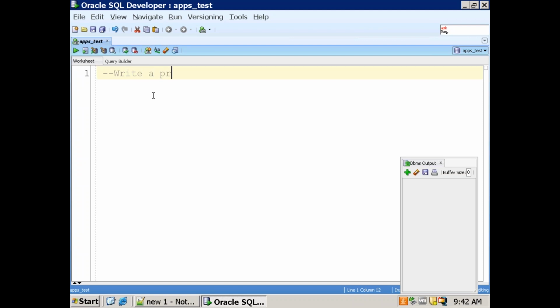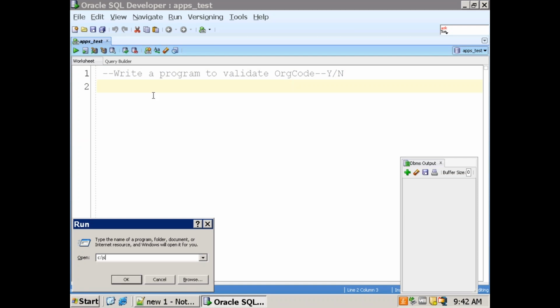Write a program to validate org ID. We just want to create a simple function to validate the org ID, or maybe let's say org code. If the org code is a valid one, it has to return Y, else it has to return N. Now in this one, we just want to go with a package approach. So first of all, let me create